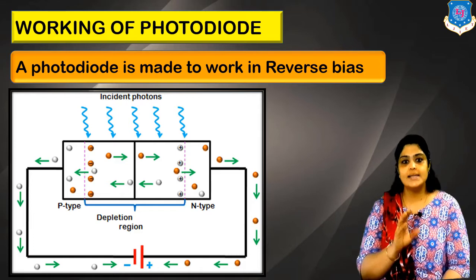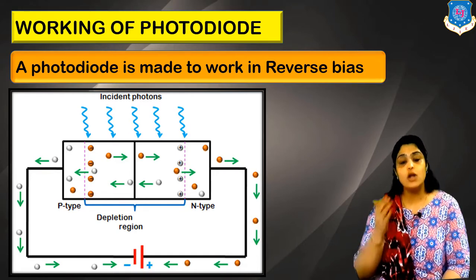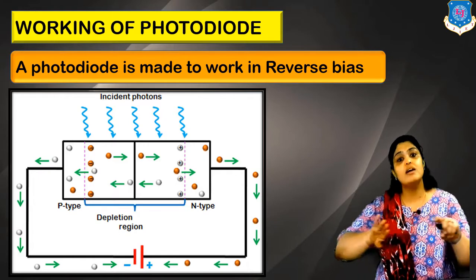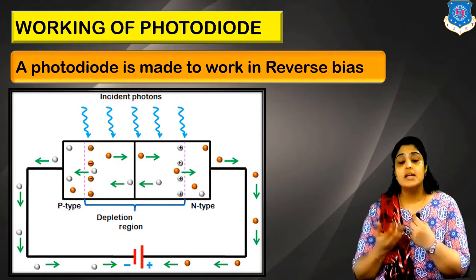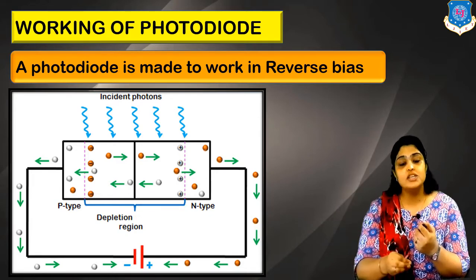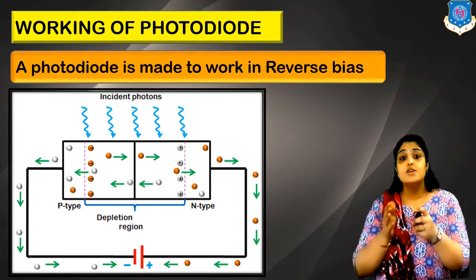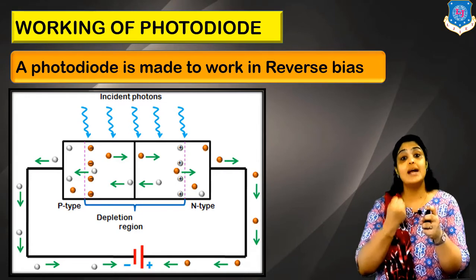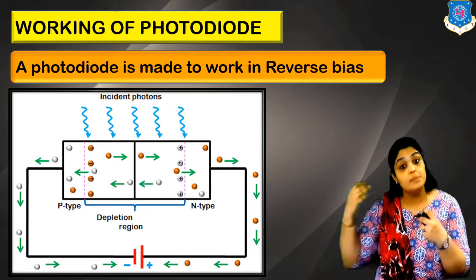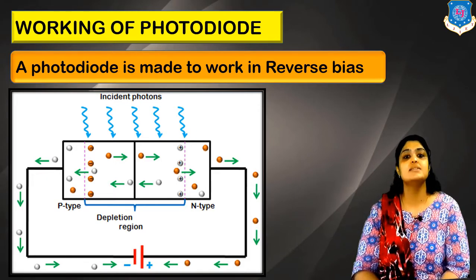Just try to understand that P terminal is connected to negative of battery. So all the majority carriers are moving towards the battery, or I am saying that all the majority carriers are moving away from the junction. So there will be no recombination and there will be no current. But if these photons strike on the depletion layer, which has increased in size, why? Because we have given reverse bias. So there is a huge depletion layer, and if the light is being absorbed by the photodiode, that means electrons, which were minority, will be released. They are now released and they try to cross the junction and give us current.